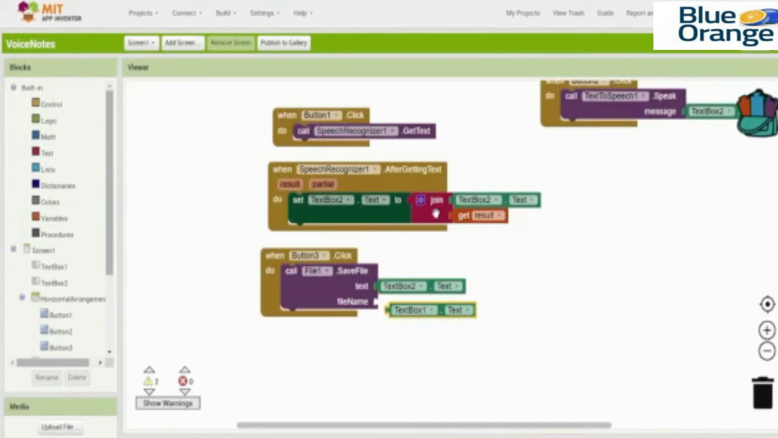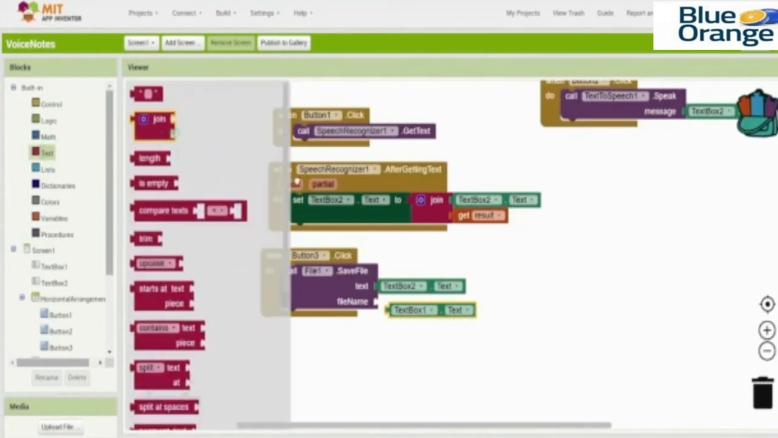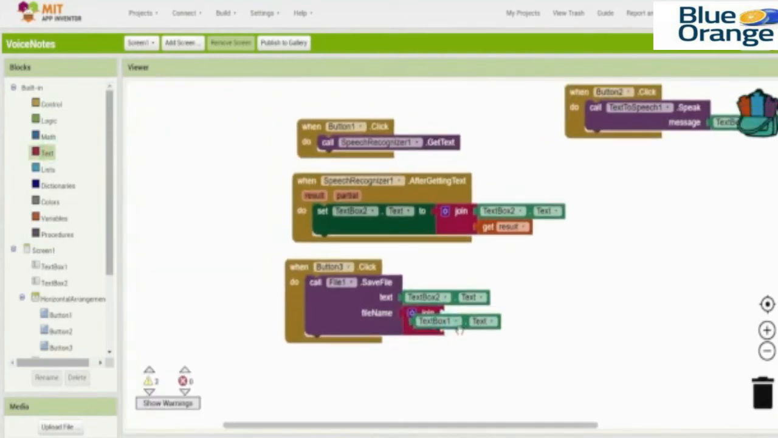textbox1.text, like this. But make sure you use the join blocks because we need to put this symbol. Let me show you in a minute. So let's put textbox1.text here, and let's bring in the empty string here, and here we are going to put